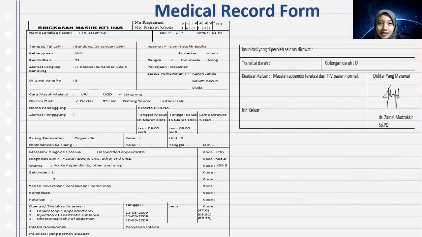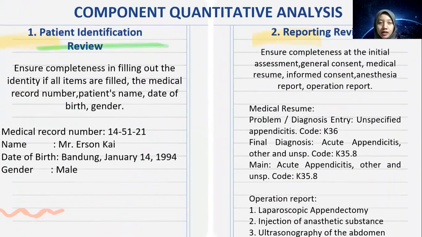This is an example of a medical record from IUS. The qualitative analysis component consists of 4 concepts, including: